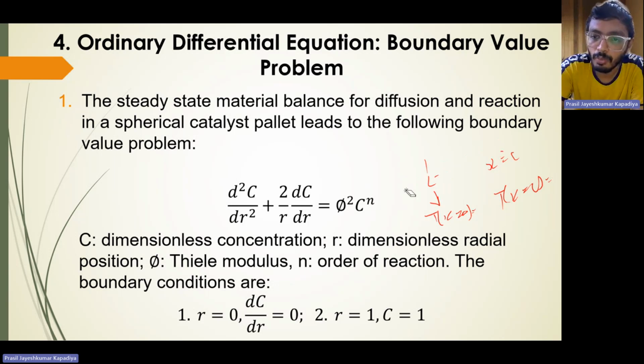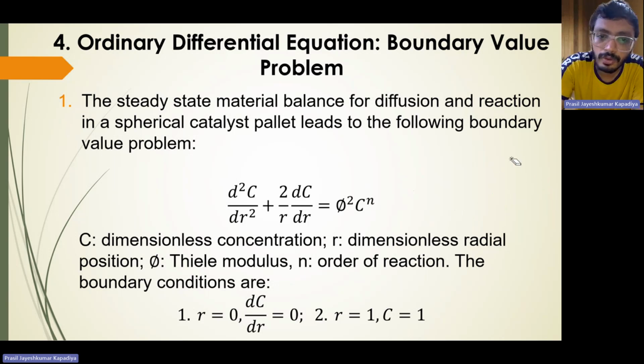So boundary value problems are mostly second order equations because there are two conditions. So you need two ways to solve. So that's why it is a second order equation. So let's read out the problem statement and see what it is asking us to do. The problem statement says that the steady state material balance for diffusion and reaction in spherical catalyst pellet leads to the following boundary value problem, that is d square c dr square plus 2 by r dc dr is equal